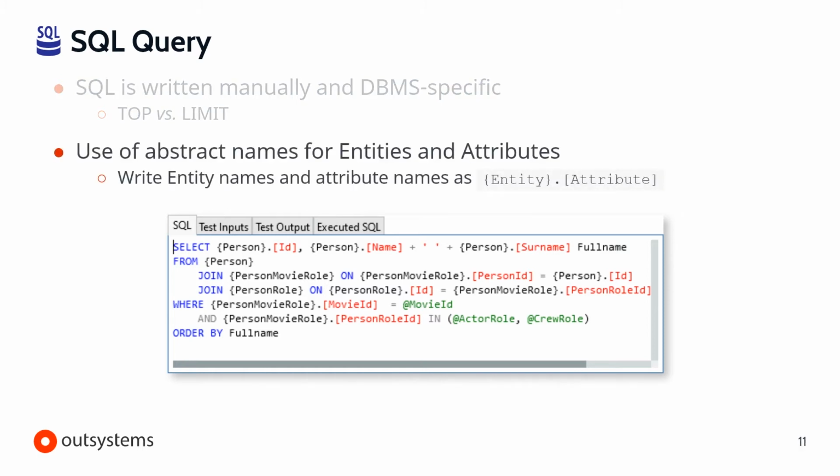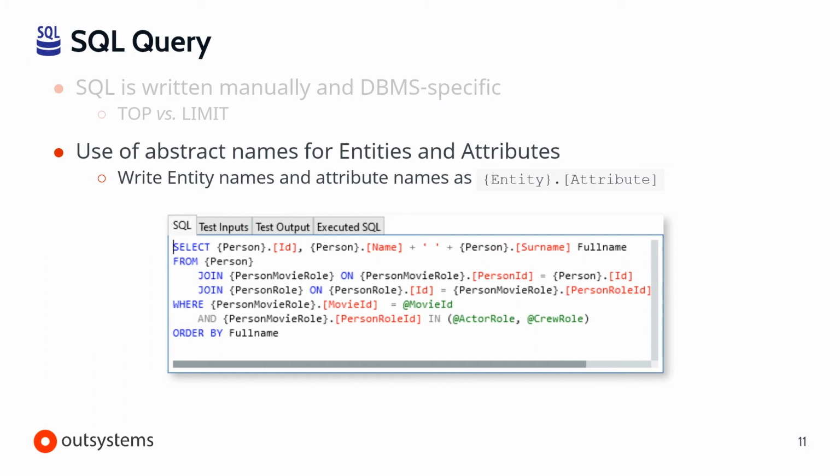When we're actually working with the entities and the attributes inside of the SQL tool, we have to kind of abstract the names for the entities and the attributes. Entities' names need to be surrounded by curly brackets. Attributes' names need to be surrounded by square brackets. That's because when we create an entity and its attributes, those become tables and columns. The tables and columns don't necessarily have the exact name of the entity and the attributes defined in Service Studio. OutSystems takes care of creating that for you under the covers. So the special syntax with the curly and square brackets is automatically translated by OutSystems to the physical names in the database.